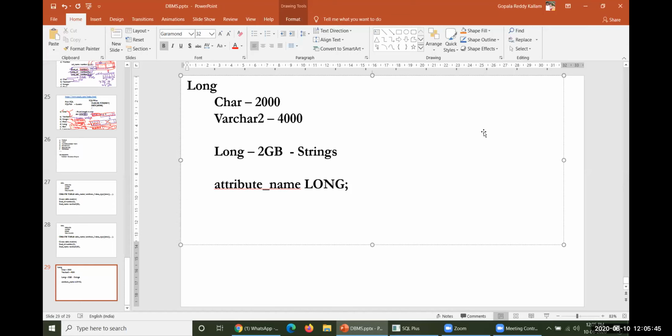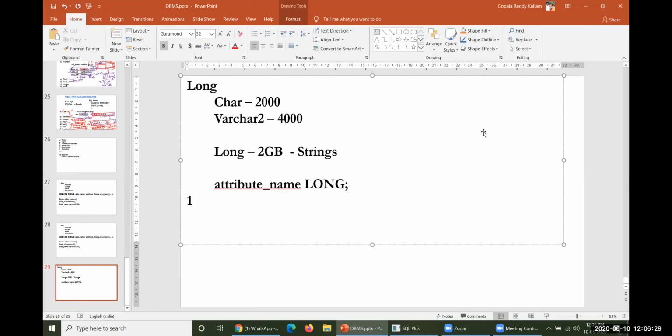So let us consider, while defining long in our SQL, there are many restrictions on the long data type. If you consider number, yes, you can define any number of attributes with the number data type in a particular table. There is no problem at all. If you consider character, any number of columns can be defined as character or varchar2 or date. There is no problem at all. But for long, there are several specific restrictions.